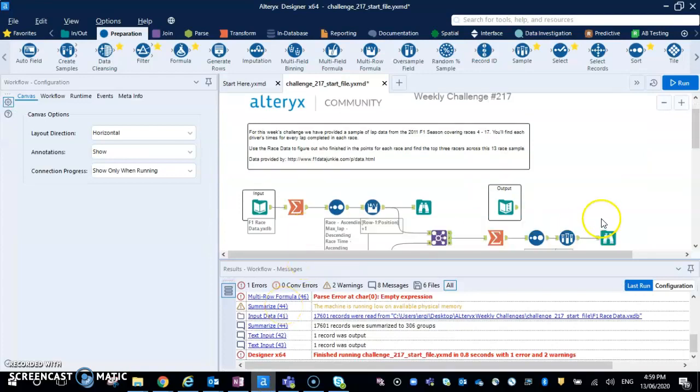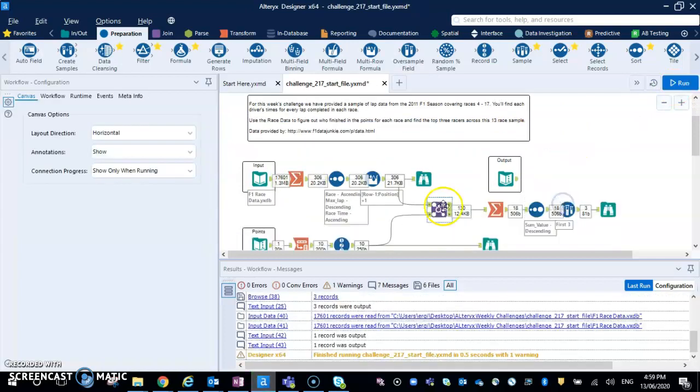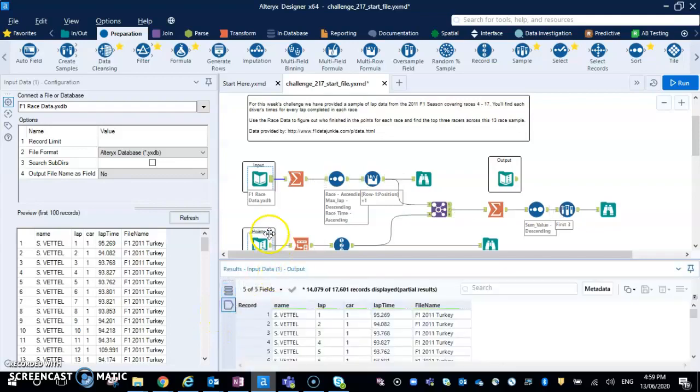Okay, so in this workflow, we have been given two sets of information. The first one is the Formula One race data. This race data is given in the format of driver's name, which lap, which car, the lap time for that lap, and then the file name. The file name is the game name or the race name. So this is 17,000